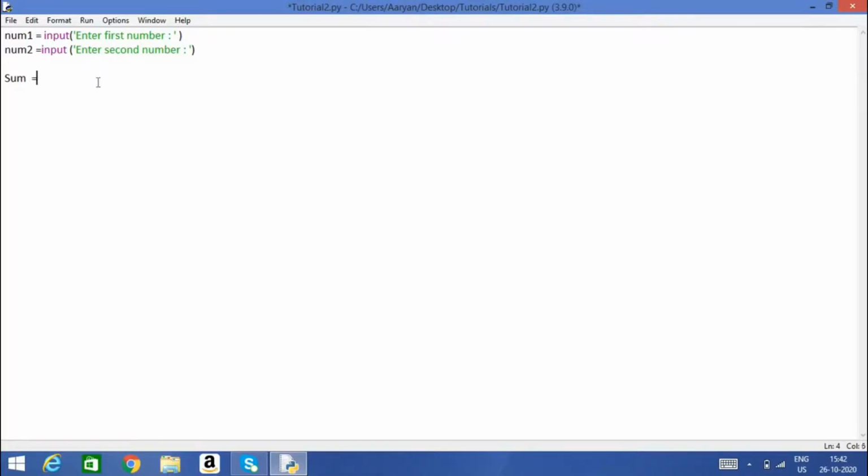Now if we add num1 plus num2, and now print out "answer is equal to", then separated by a comma, Sum, and that's it. And now if we run the code, there will be an error.